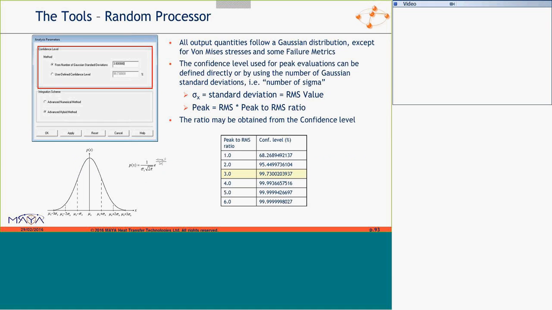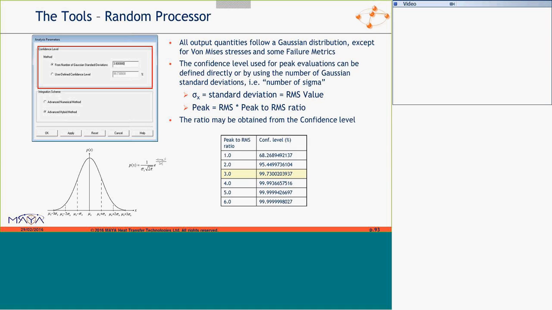The analysis defines your confidence level. Since we calculate the peak values, the results are non-Gaussian, so we don't allow you to do 2 or 3 sigma. You define a confidence. You can type it in as a percentage, or you can type in a peak to RMS ratio, and we will calculate the confidence level from that.